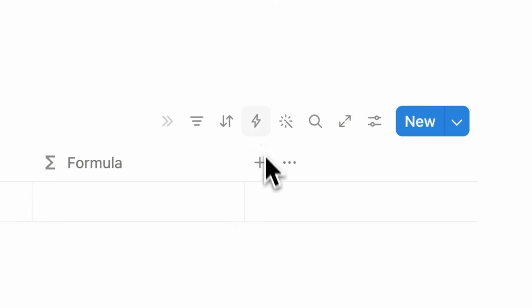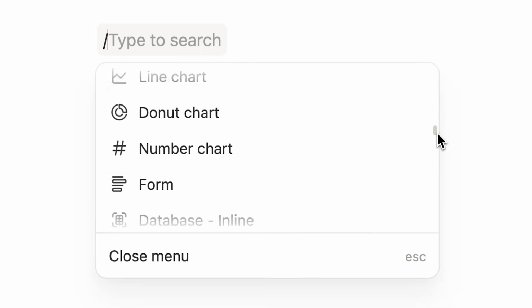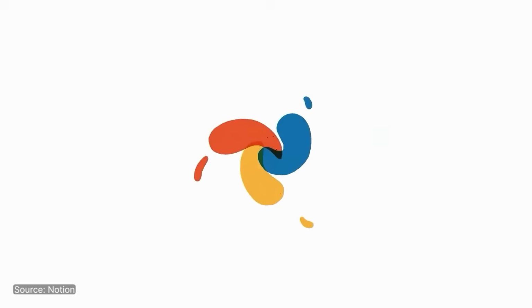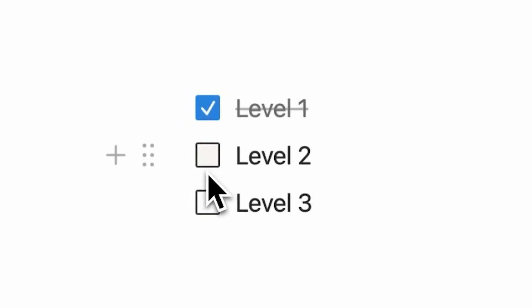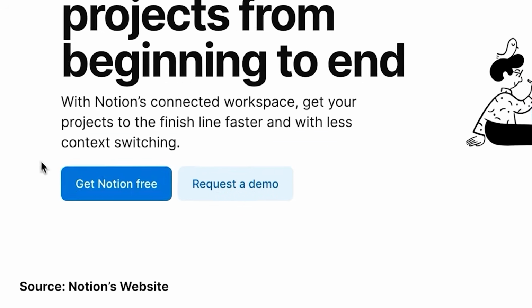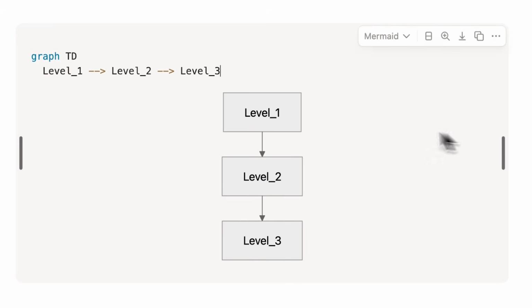Databases, formulas, automations, building custom dashboards, it's all just very overwhelming. So if I was starting over today, I'd ignore almost all of that. Instead, I'd follow a simple 3-level roadmap that takes you from your very first beginner-friendly setup all the way to